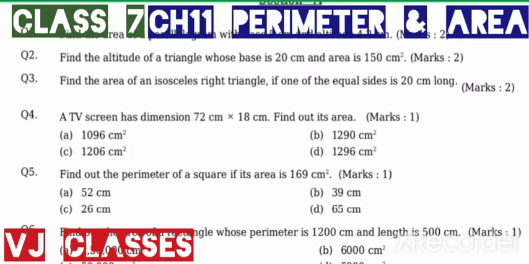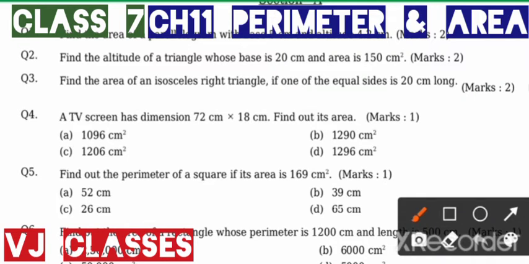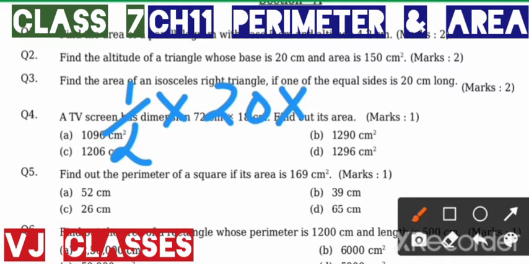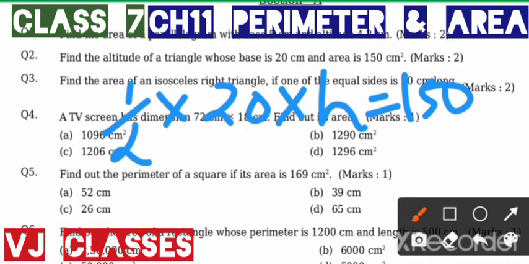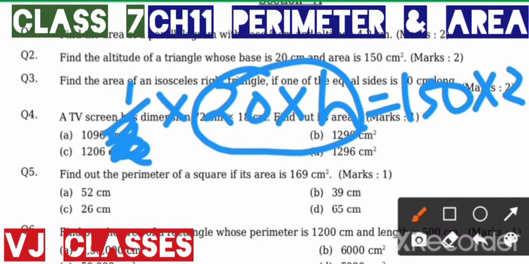So let's solve it. It is 1 by 2, base is 20, and height we have to find, and it is equal to the area. Now 2 is in divide here, this side 2 will go there and multiply with 150. Okay, we will remove from here 2. Now this 20 will multiply with h. Okay, multiply with height, so this 20 is multiplication, there it will go with divide. So 20 will go in divide,